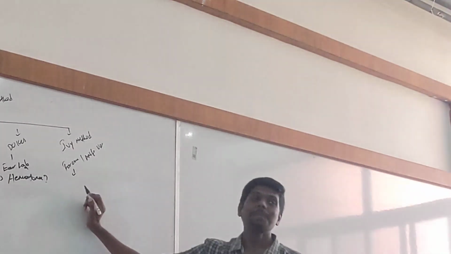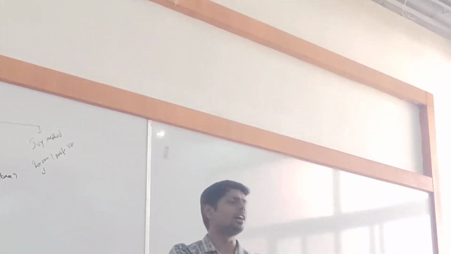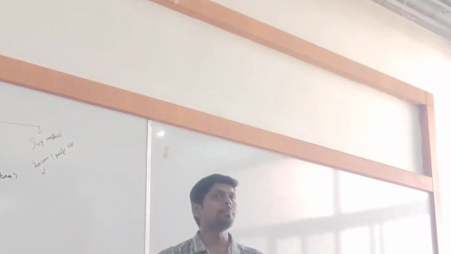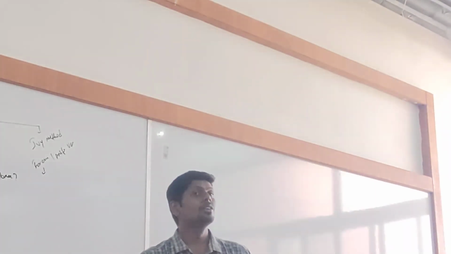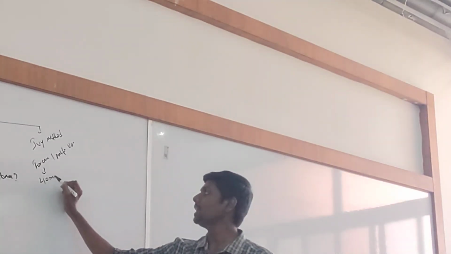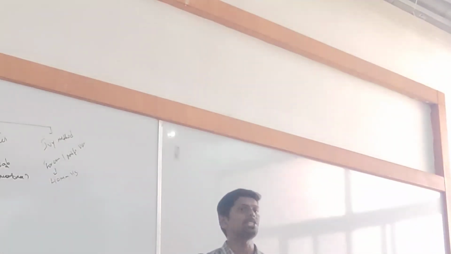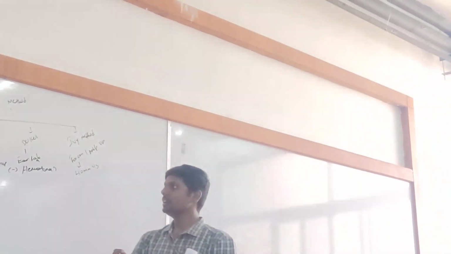Anyway, what is the ideal pressure we are keeping for the Ivy method? What is the pressure we are applying for the Ivy method? 40 mmHg. Very good, Miss Baisenge. Very good. 40 mmHg. That is the ideal pressure, and at this pressure we are estimating the bleeding time. Very good. Next,